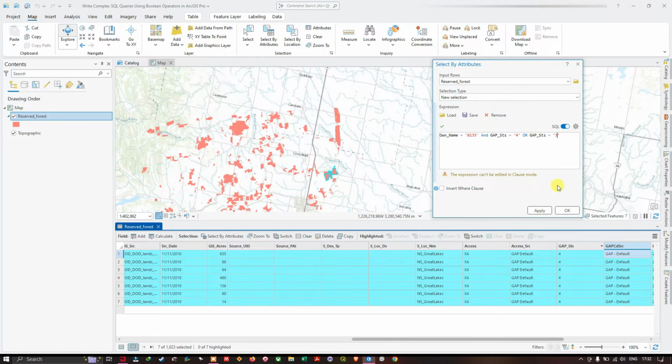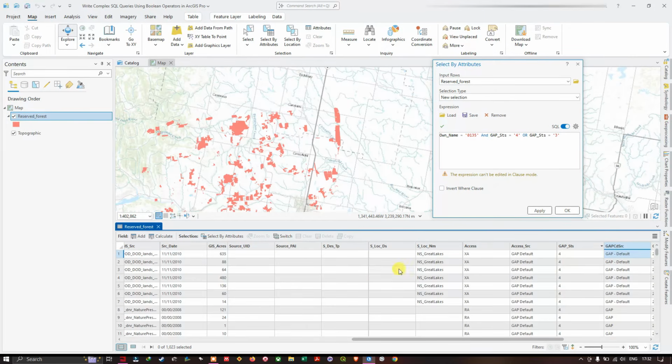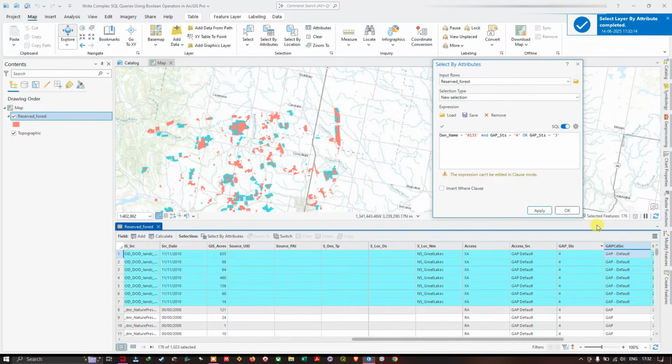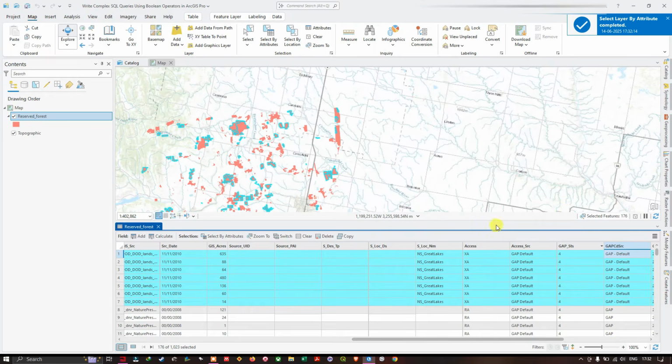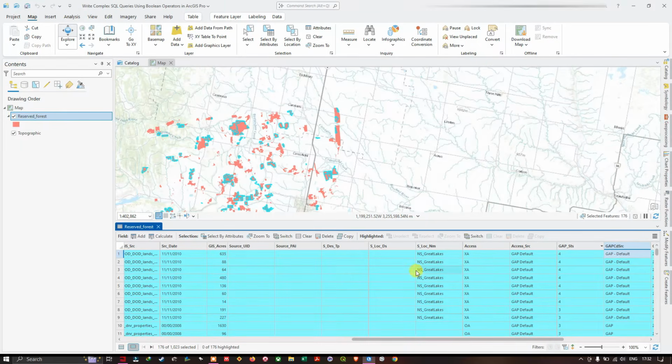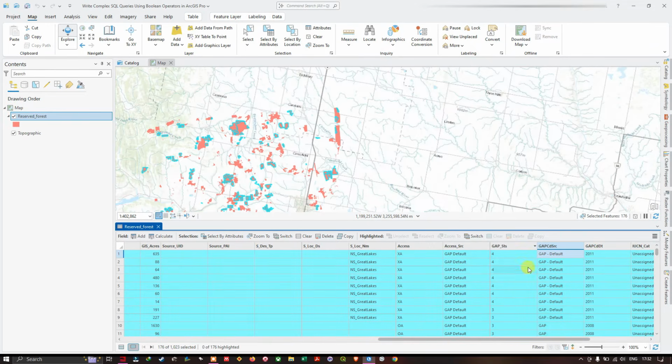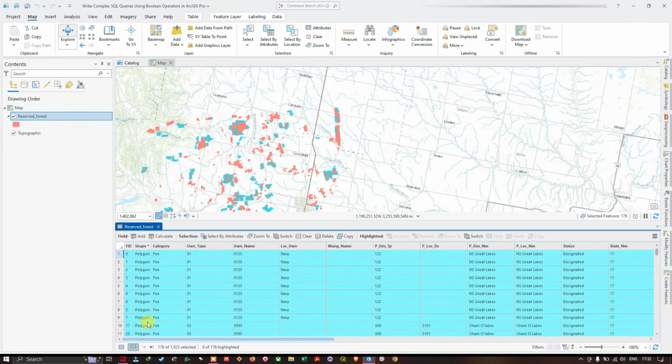Before I apply this particular option, let me clear the selection here. Now I'm going to click apply and click OK. Basically what it has done is, let me click this option. It has selected the gap status 4 and 3 based on the owner name, that is